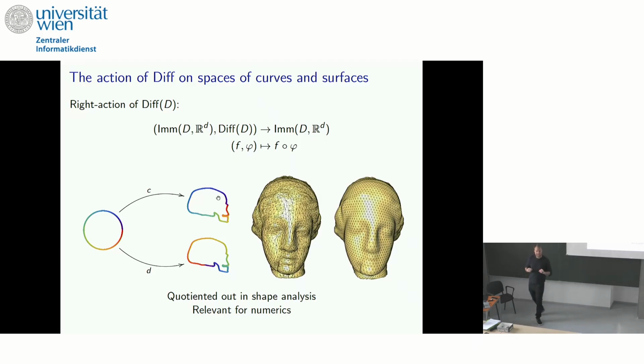On the right, you see the same example, but rather in the context of data already. So we have two simplicial complexes representing a surface in R3. The only difference between these two surfaces is that we have remeshed them, and we would like to identify them again. For the first half of the talk, I will only discuss how to do this in a smooth setting. But then in the second last part, I will show how Blanche's talk will help us deal with this in reality and get rid of this action in the context of real data.